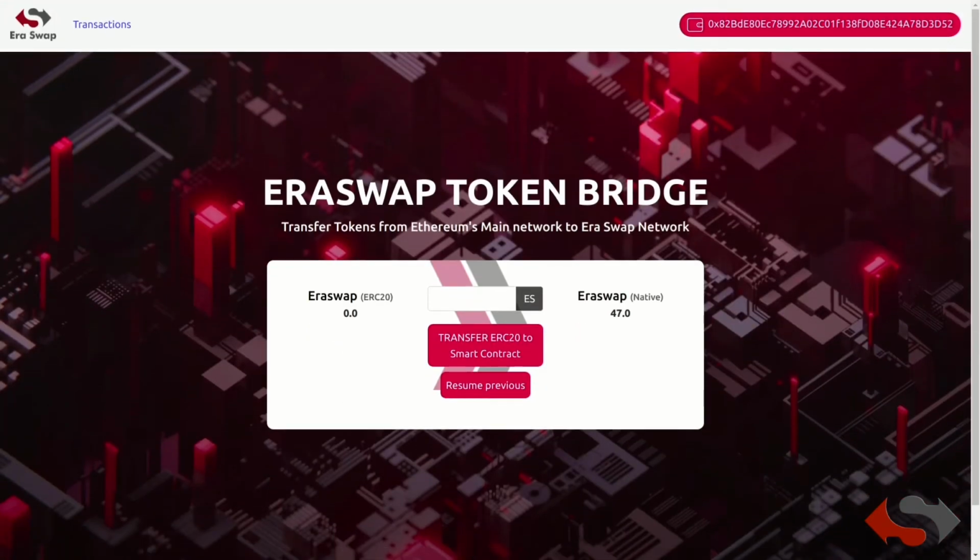Now if we check our balances, you can see clearly that our Eraswap ERC20 balance is 0 and our Eraswap native balance is 47. Since the 5 Eraswap from native to ERC20 has already been made in the other window. Let's go back and check our transfer from Eraswap native to ERC20.